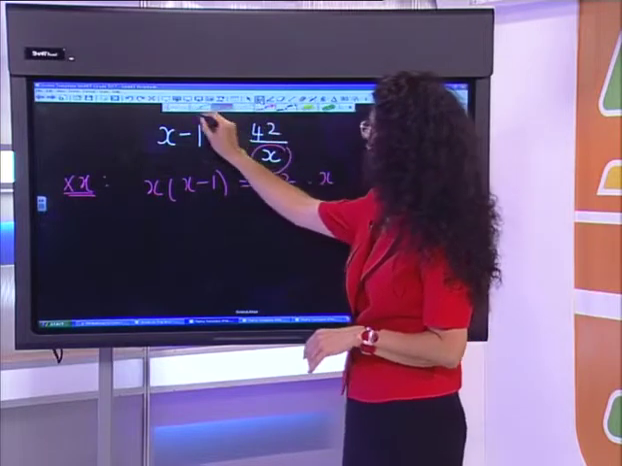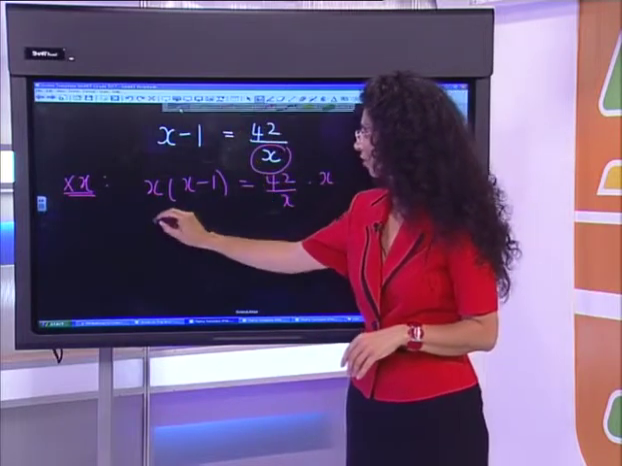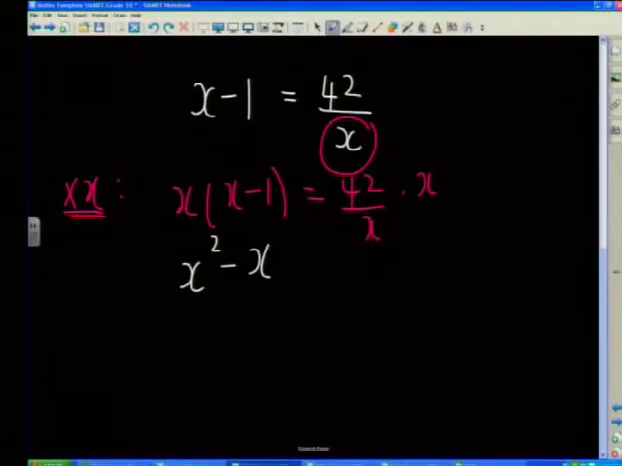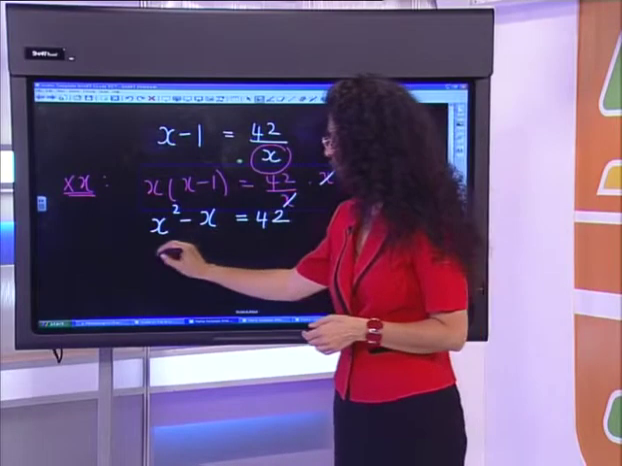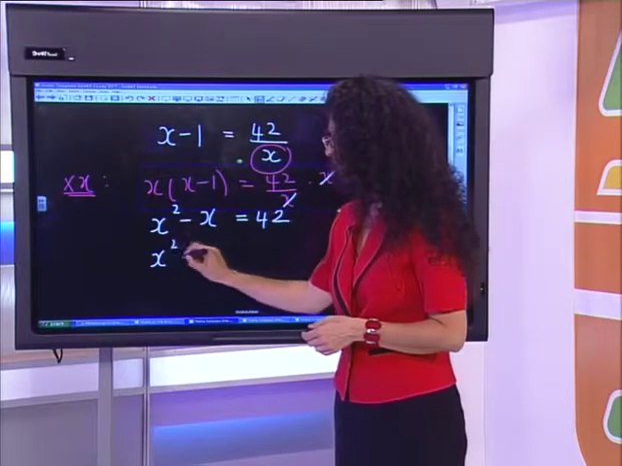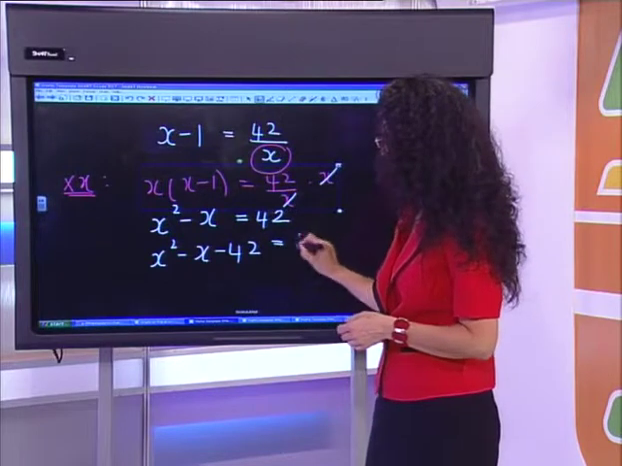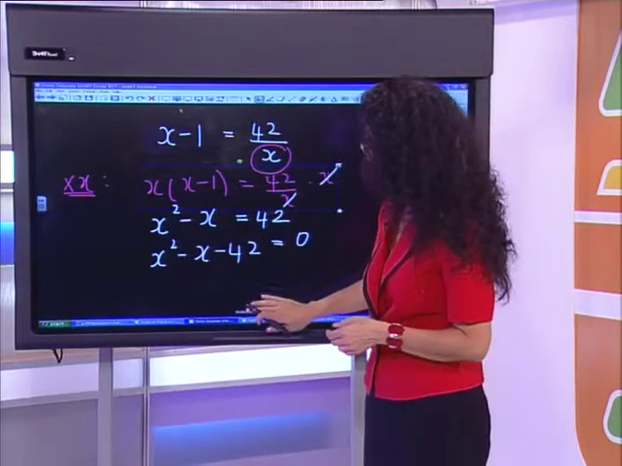And now what happens is we've got a product on the left that's x squared minus x, and we've got a product on the right where this x goes in there, and we're left with 42. To solve that equation, we've got x squared minus x minus 42 is equal to 0. And to solve that quadratic,